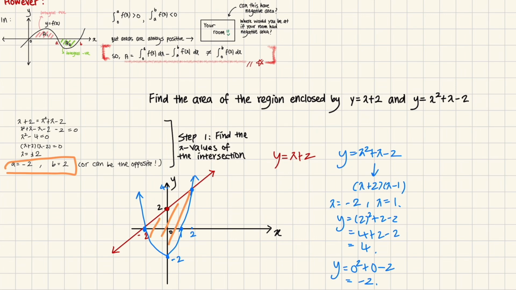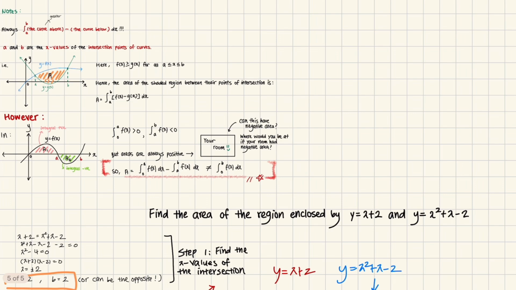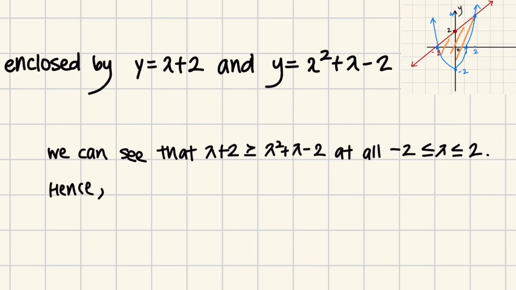Now we know that this graph is above this graph for all x values from -2 to 2. So now we can construct the equation using this one and this one. Hence, the equation for the area between the curves